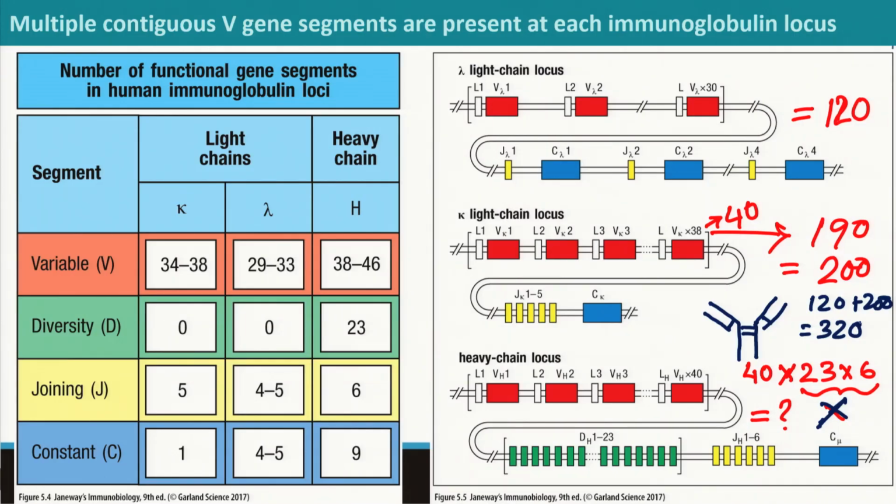In the next lecture we will see how we can reach that number. Today we will finish here, and in the next class we will see how we can have 10 to the power 8, 10 to the power 10, or 10 to the power 13 varieties of T cell receptor. Even if it does not reach that many, it is still very good: small segments and random recombination can increase the final product to a much larger number than what is present.